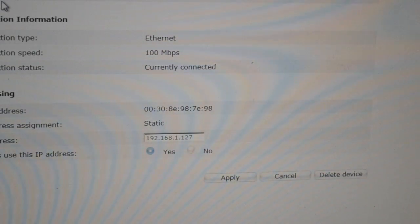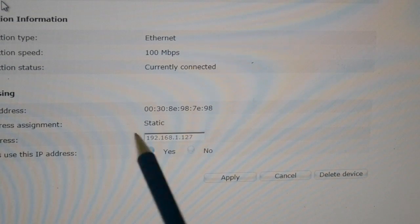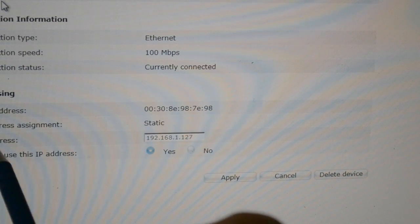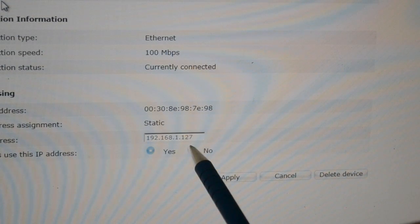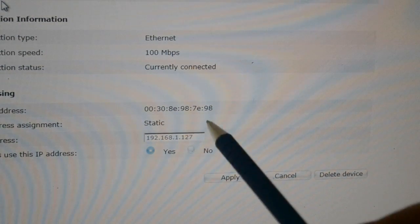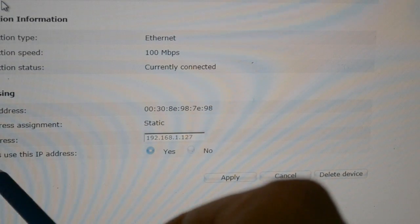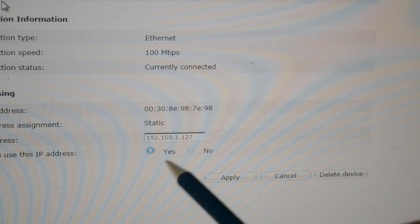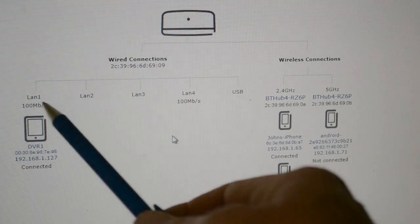And then down the bottom, addressing, MAC address, IP address assignment is static. The IP address given to the device, 192.168.1.127, you could change this here and in the device if you want to give it a different address. But look, always use this IP address. I've ticked yes, and then clicked apply. And that's it. If I go back to home network, you can see I've got 4 LAN ports,